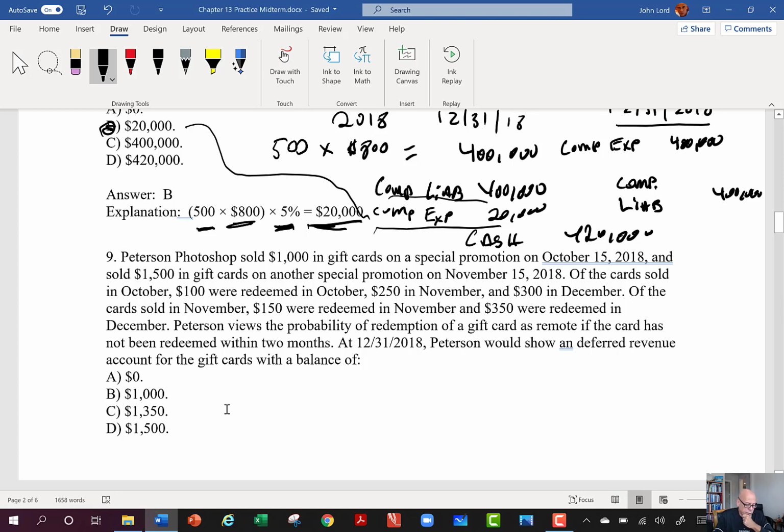Of the cards sold in November, 150 were redeemed in November, and 350 were redeemed in December. Now, this is very important here. Peterson views the probability of redemption of a gift card as remote if the card has not been redeemed within